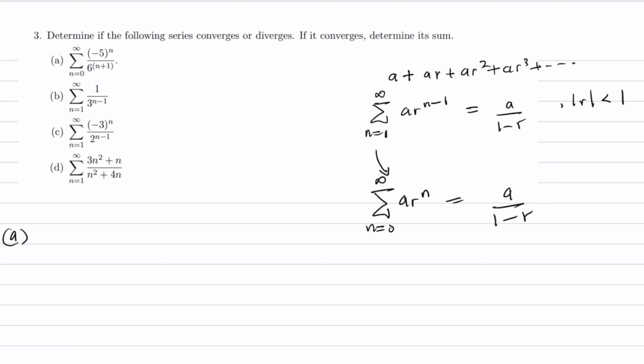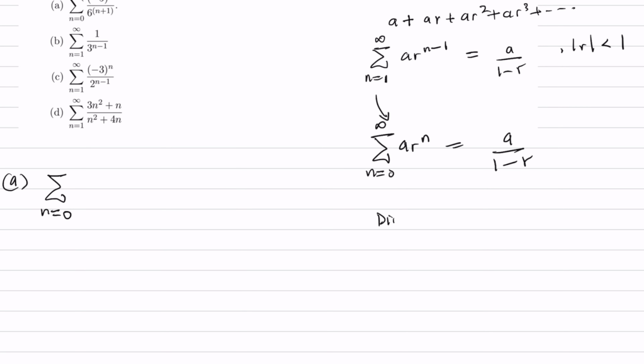We're given a summation of n starting from 0. Before I continue, I'd like to point out something: anytime you're asked to determine if a series diverges or converges, the first thing you might want to do is carry out the divergence test. What is the divergence test? It says that if the limit as n goes to infinity of your a_n is not 0, or if the limit does not exist,